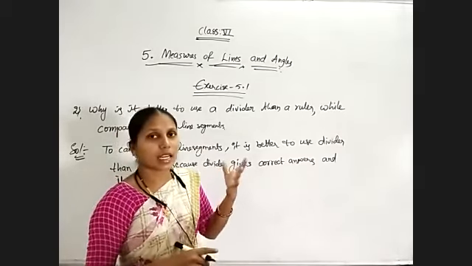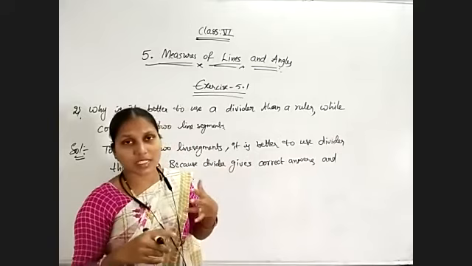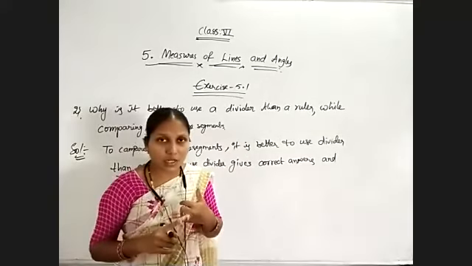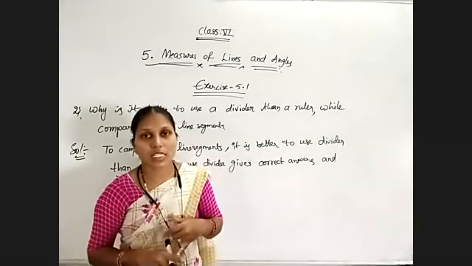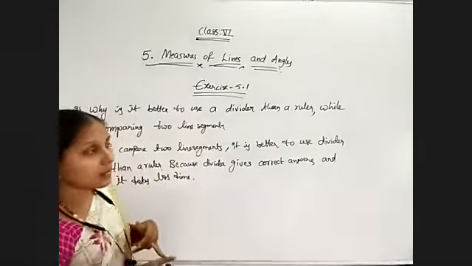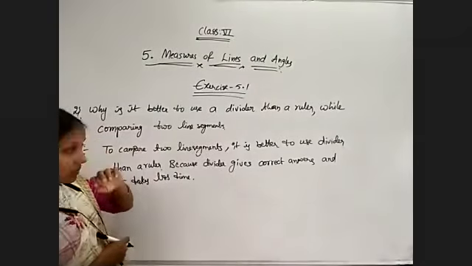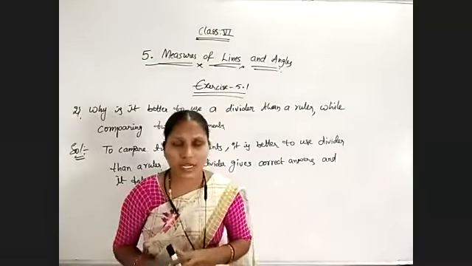And on the scale also we have some measurements. 1 centimeter equals 10 millimeters. That is why one smaller line indicates 0.1 centimeter. And next, after the protractor, we studied about